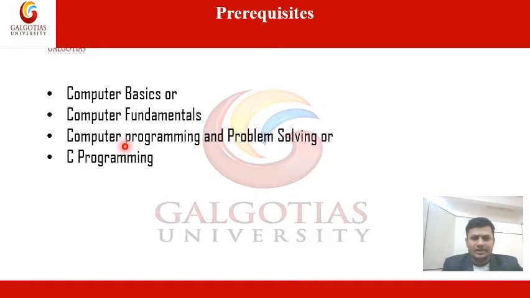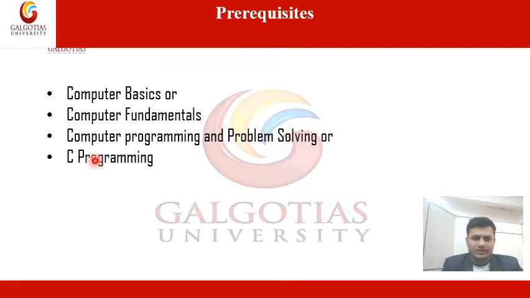Means the computer basics or the fundamentals of computers. I'm writing these two, basics of computer and fundamentals of computer, because they are the same; in some books you will find basics of computer, and in others fundamentals of computers.